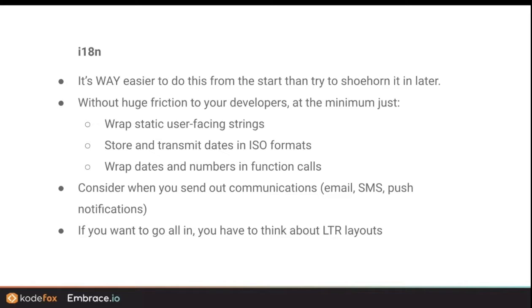So I would say this is what I do with my team. I don't want to add a ton of friction to my developers, but early on, I always say at the minimum, just wrap your user-facing static strings, right? Obviously we can't do anything about user-generated content, but the content that we write, the text, the labels, the buttons, the static strings that are written in the source code, wrap those in an internationalization function. In our tech framework, we use a little T function for translate. I don't have to translate them today. I just want to wrap them in a way so that can be done in the future. And then, dates and numbers, right? Always store and transmit your dates in ISO standard formats, and then wrap your dates and your numbers in the right function call, so you just display it in the right format for that locale.